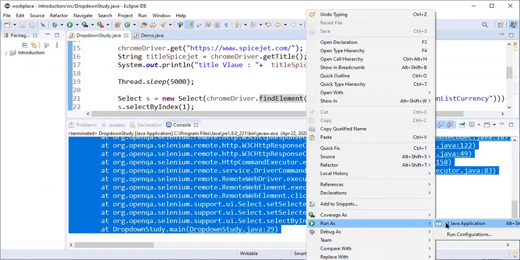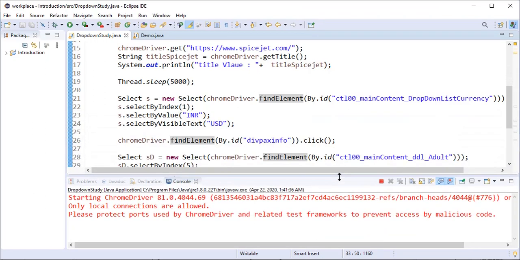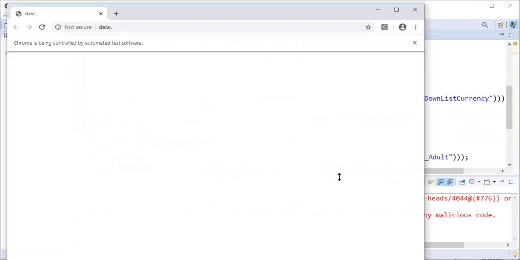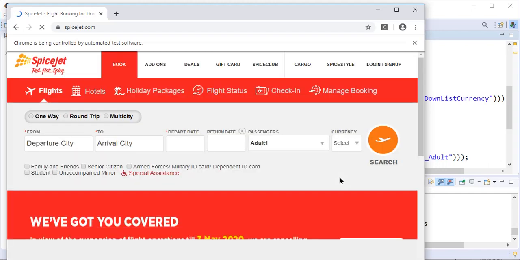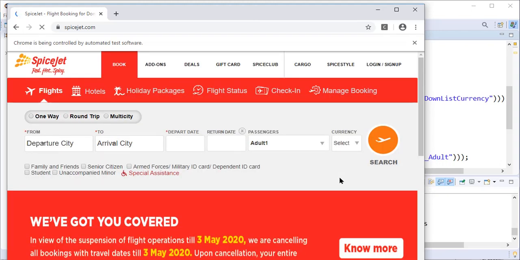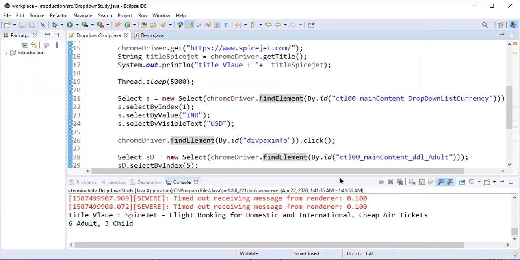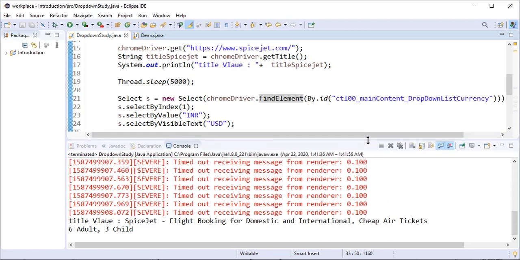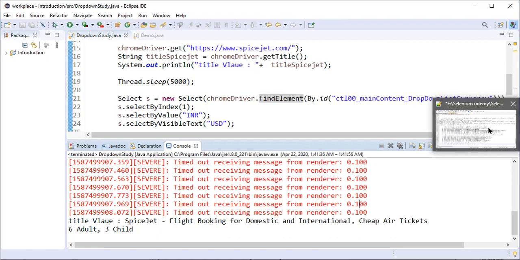Many times it will happen that some object is not loaded instantly, so we have to add a wait over here. See, this time it ran successfully. So intermittently you will get many exceptions.